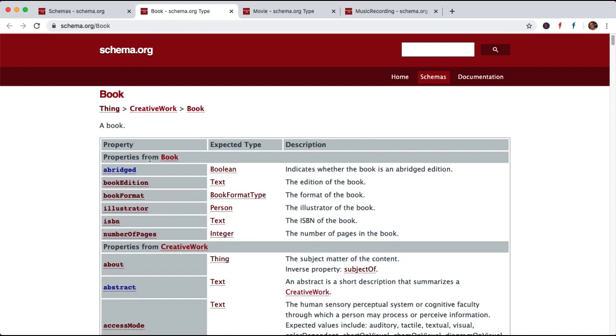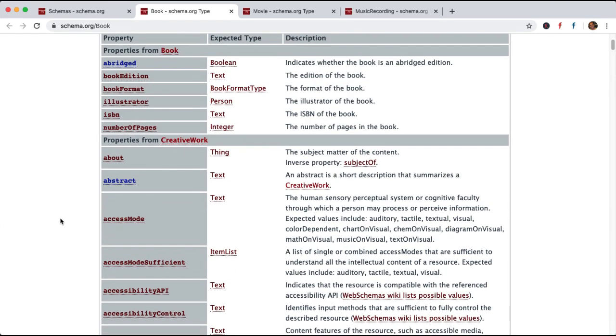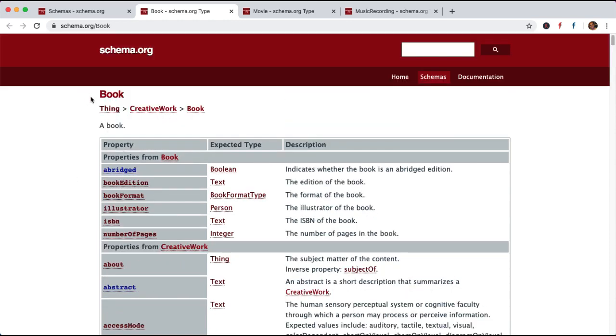Similarly, if you are an author, you can mark your book when you launch your book, or when you have your website and you are selling your book, you can mark schema with the type book. So here you can see the text, this is the type, this is the property, this is the expected input type, and this describes what has to be inputted there.